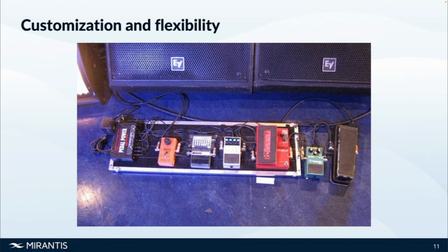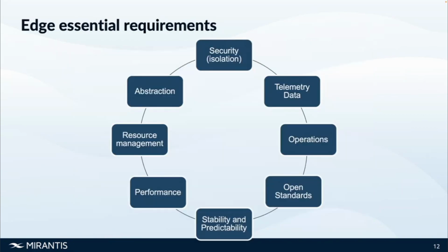So having this flexibility and being able to just essentially plug and play is going to be very beneficial for your edge locations. Having provided all the benefits of running containerized workloads on the edge, what are some of the requirements of your edge architecture? So we broadly categorize the requirements or essential capabilities of edge locations into 7 different areas, starting with